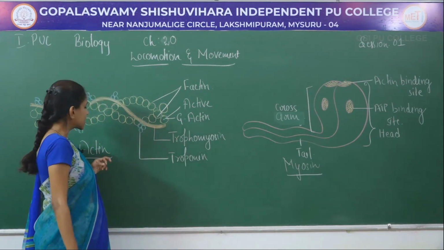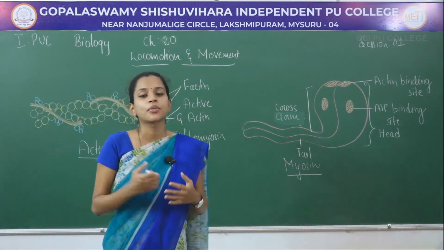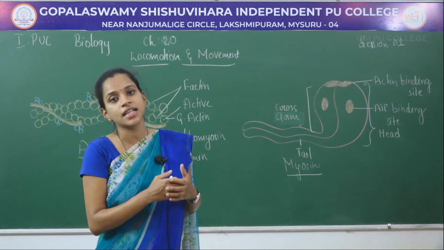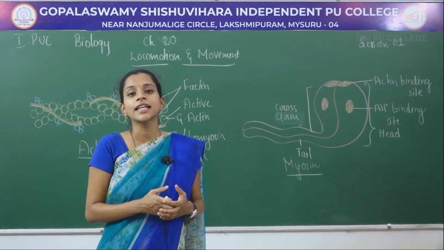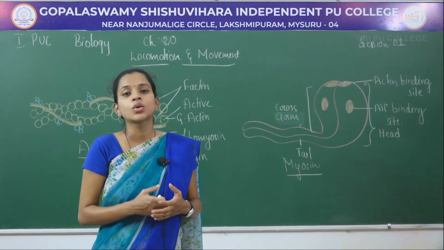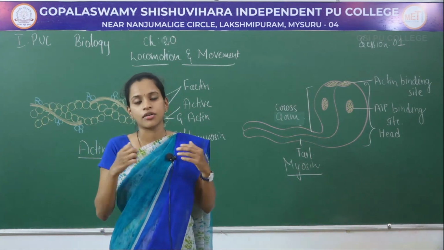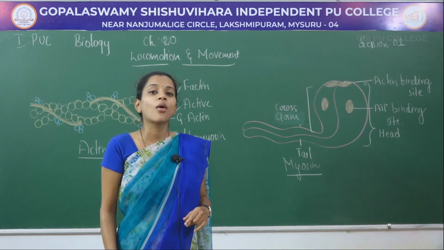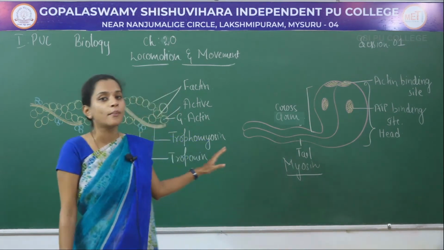Once again, to discuss, actin molecules are made up of a polymeric proteinaceous chain called F actin. The individual structure in the F actin is termed G actin. This G actin has a centrally placed site called the active site, to which the myosin head normally binds during muscle contraction. Apart from these two polymers, they are also held together by a thread-like structure called tropomyosin.